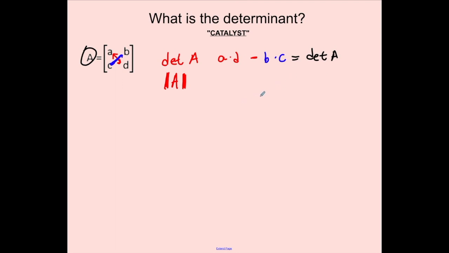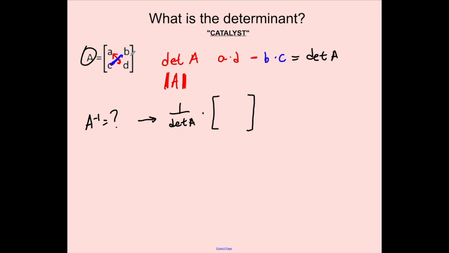Now why do we want to do this? Well, we need the determinant to find inverses. So for example, if I wanted to find the inverse of A, how would I do that? Well, first I need the determinant, because to find the inverse, this is the formula. It's 1 over the determinant of A times,